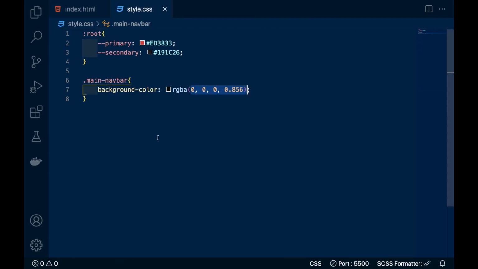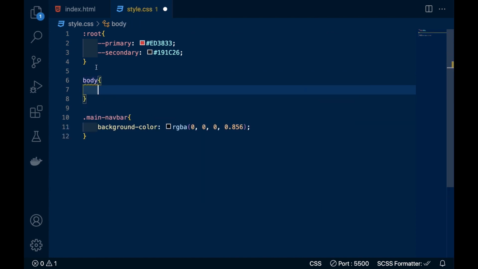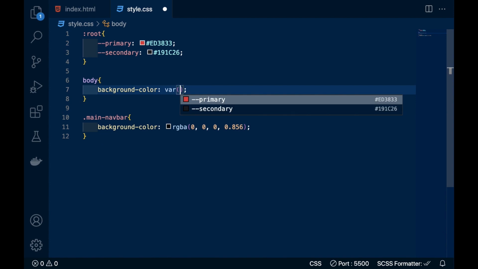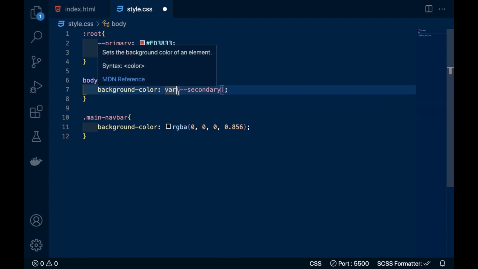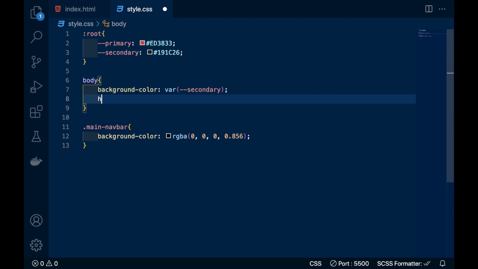We will change our body color because our body is not white in the template website I have shown you. So here the background color is the secondary variable in brackets, and whatever variable you declare in root will be called in the var function. Here you can see the background color, and I will define a body height of 100 view height.